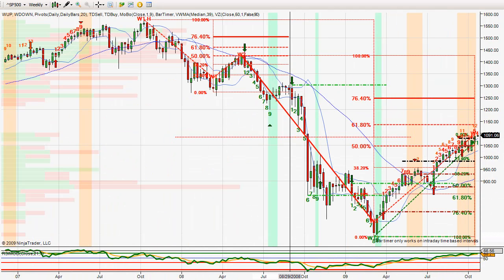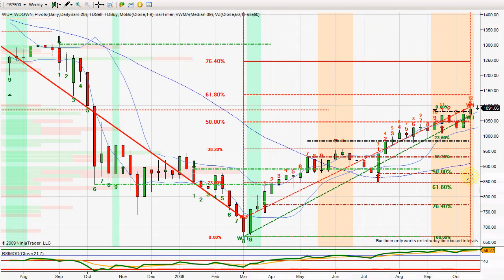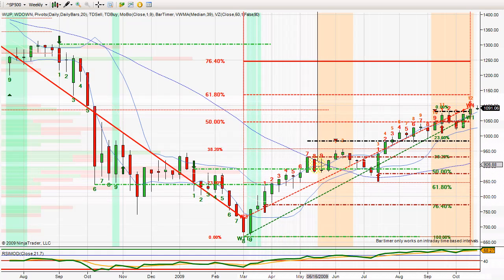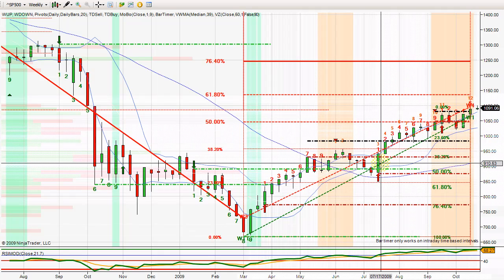Now this is the weekly S&P 500 chart. As you can see right now, let me zoom in a little bit. Right now we're on bar 13 of the TD sequential countdown sell, and of course you may ask why I'm using this setup with consecutive countdown and not the most current setup. The answer is, in spite of the current setup partially being qualified to be used as a recent setup,